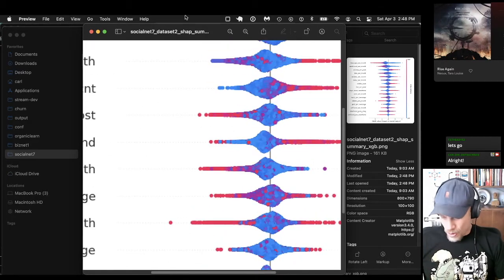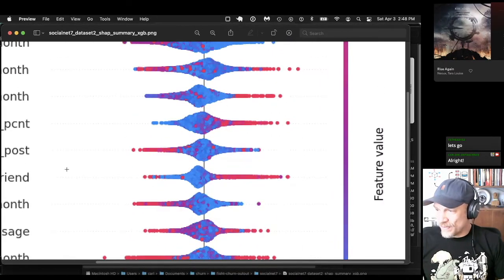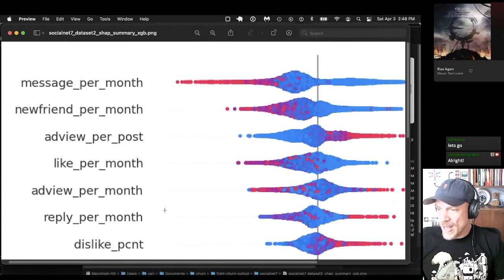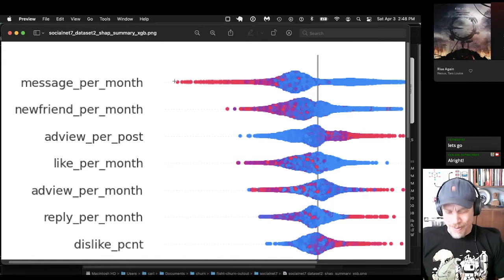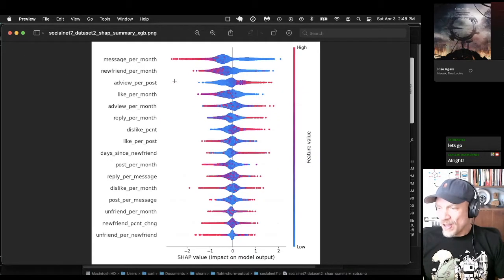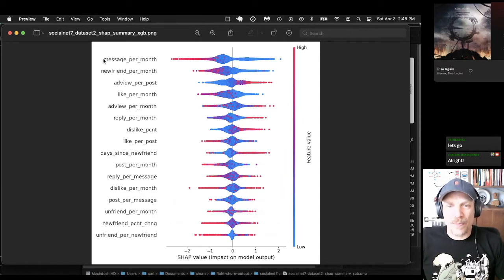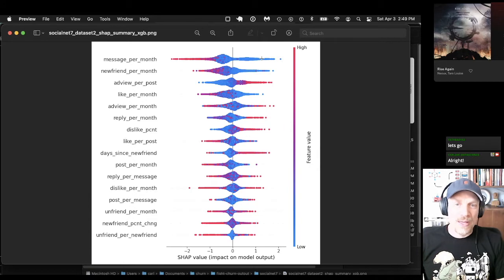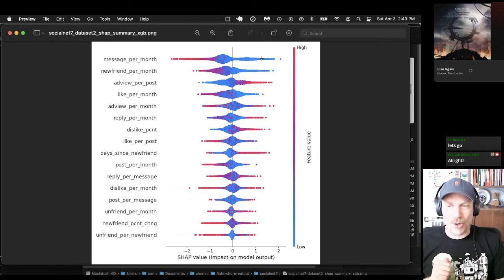So each row gives you the explanation contributions for one variable. Actually, I'd better zoom out first to show you the whole thing. On each row, we're going to look at the contribution of one metric or feature or variable. Each point represents the contribution on one example. So we're going to look at all the contributions from messages per month to all the examples on one row. Each example is like a customer that you're predicting on.